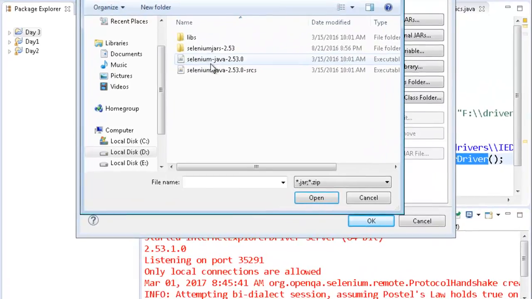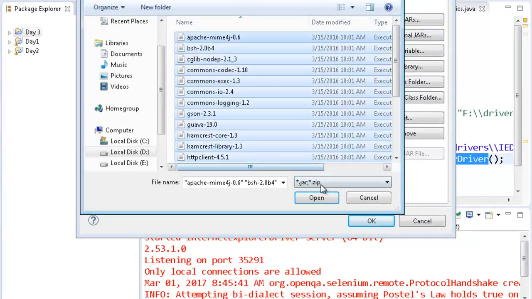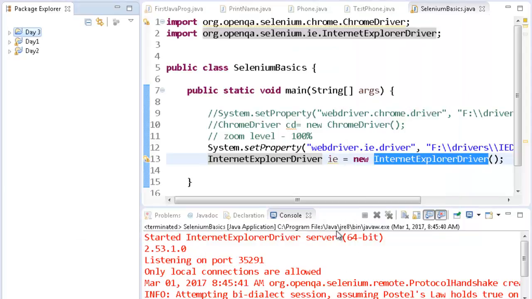So I'll add the main jar file and the ones in the libs.